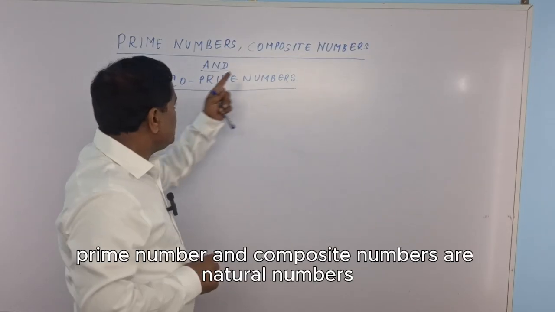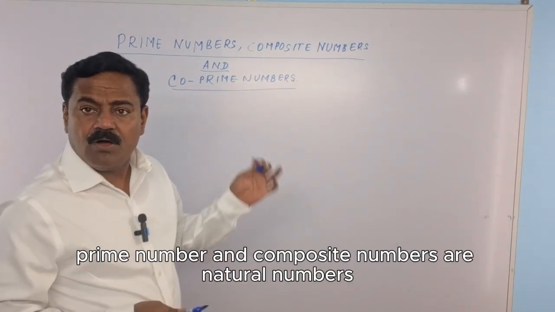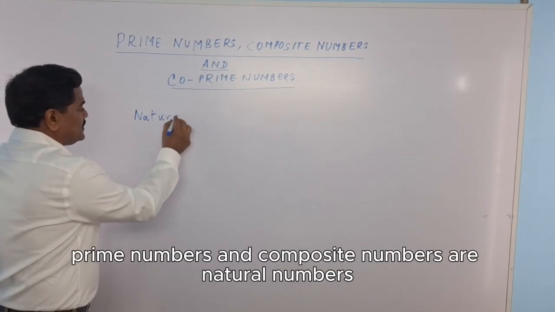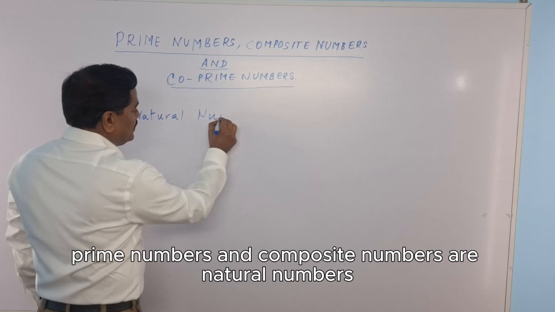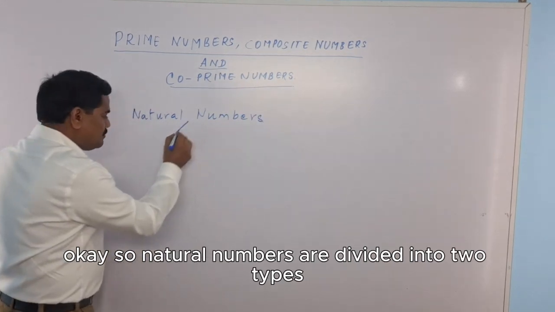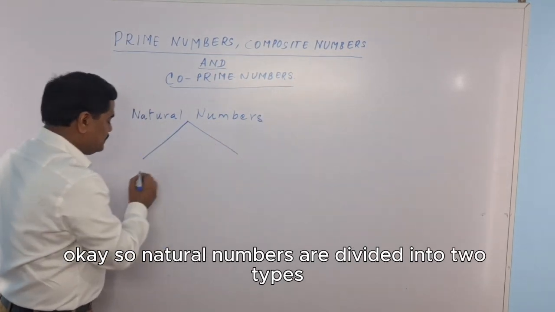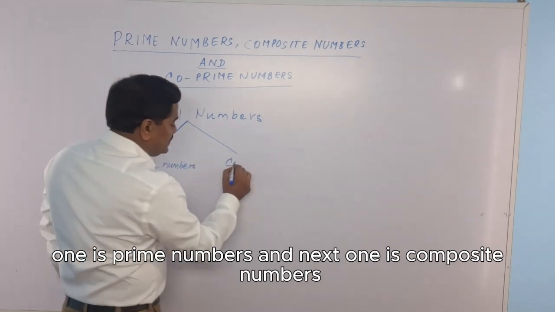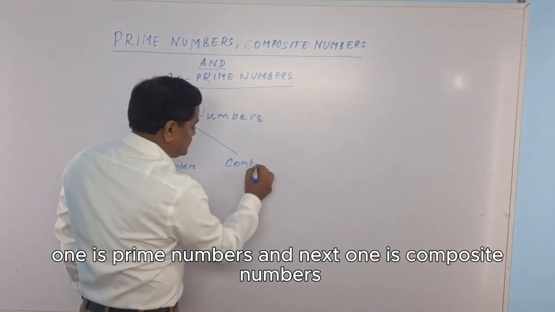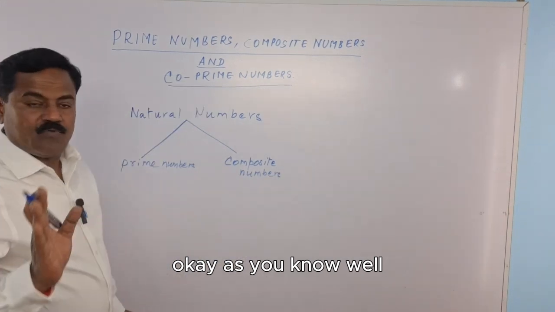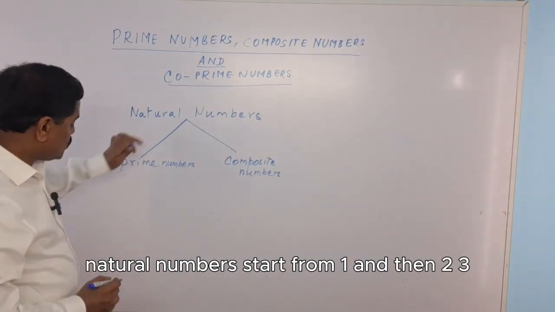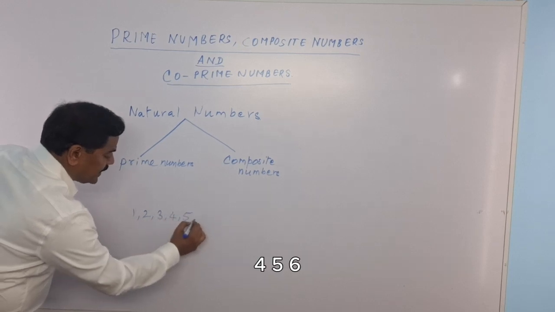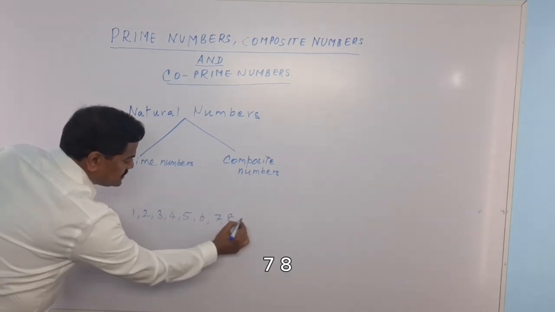Prime numbers and composite numbers are natural numbers. Natural numbers are divided into two types: one is prime numbers and the next is composite numbers. As you know well, natural numbers start from 1 and then 2, 3, 4, 5, 6, 7, 8, 9